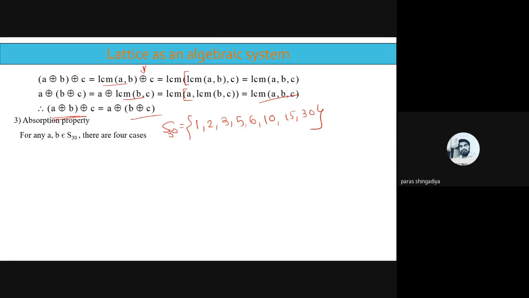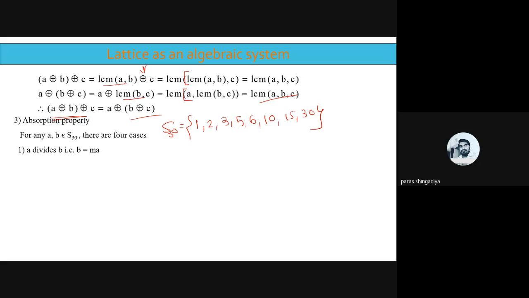And such numbers we have which have no common factor other than 1. So these numbers are also included here, 6 and 10. They do not divide each other. 6 divides 10, 10 divides 6 is not true. But they are also not prime numbers. So for this type of choice, we consider four various cases to prove the absorption property. The first case is A divides B, the choice of A, B which follows this relation A divides B.